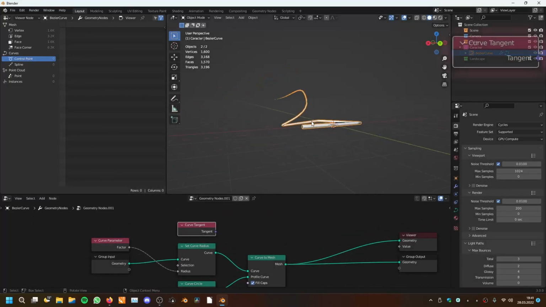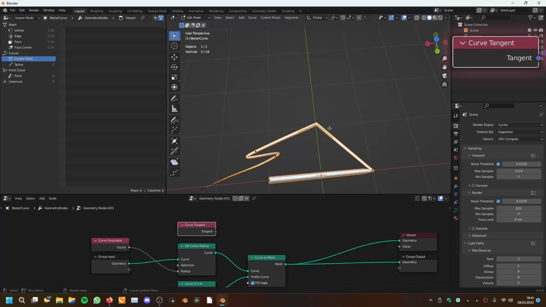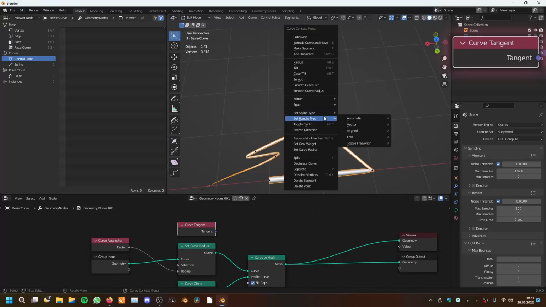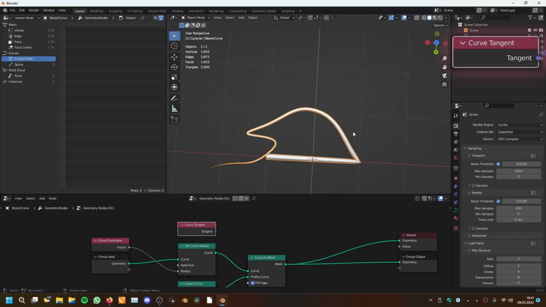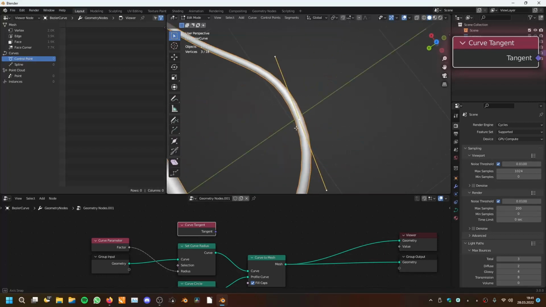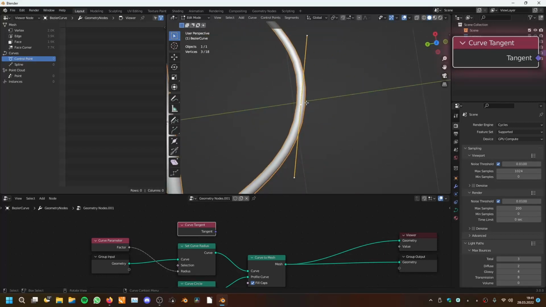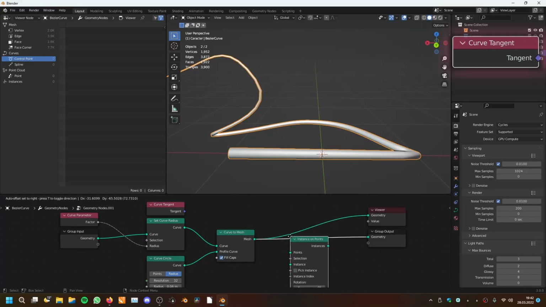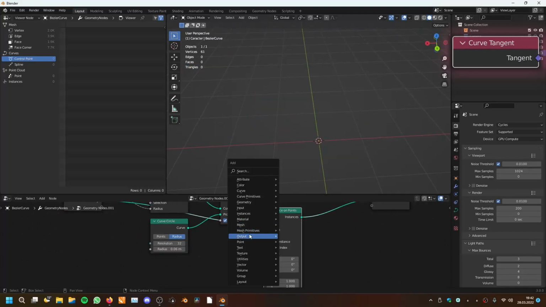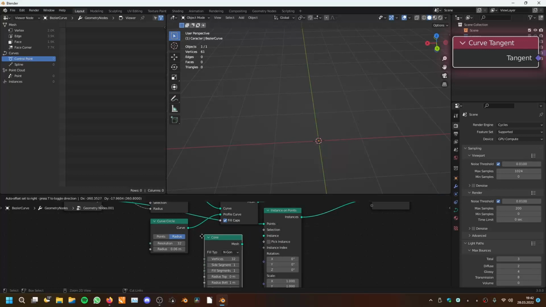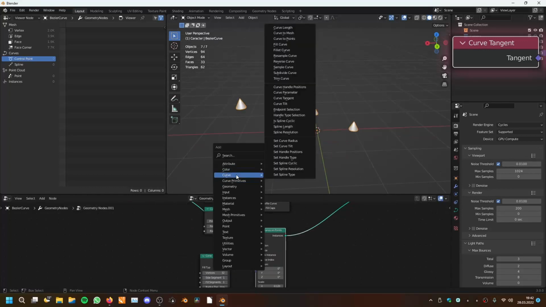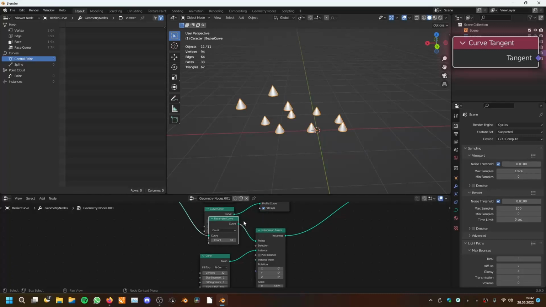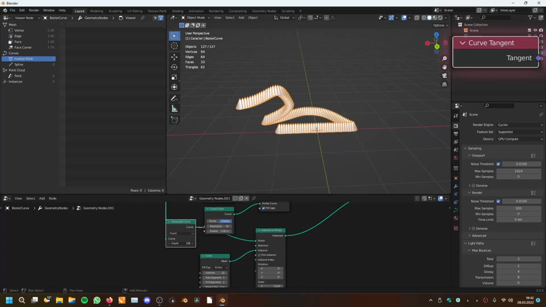And the curve tangent is, so I'll change that to automatic. You have here your curve and here your handle, and the curve tangent is the vector. If you want to instance on your curve a bunch of, what do we have here? A bunch of cones. So I will use a resample curve node so we have more points. But you want